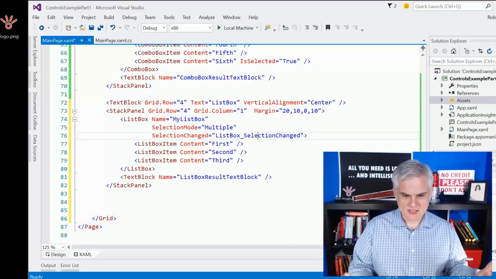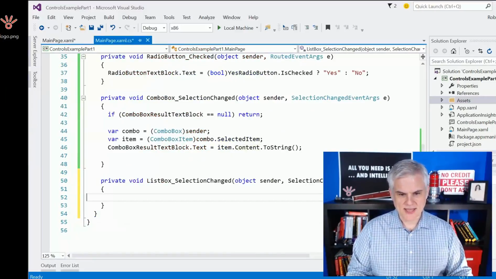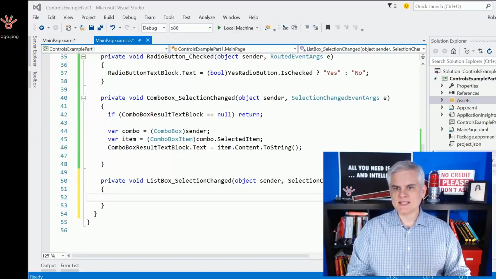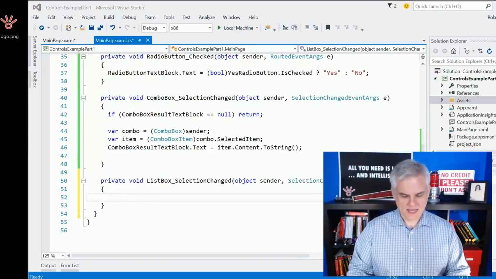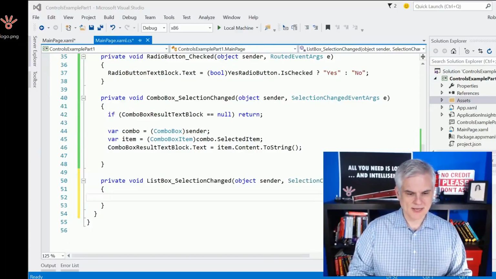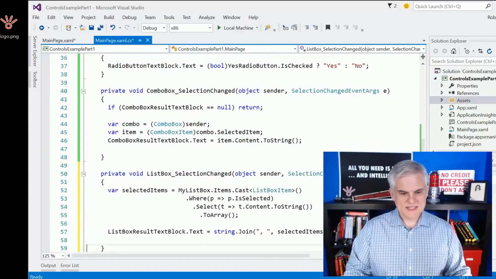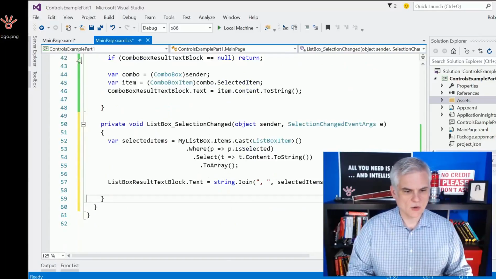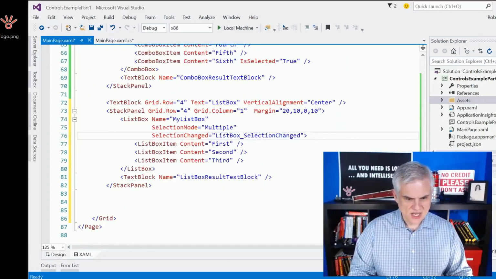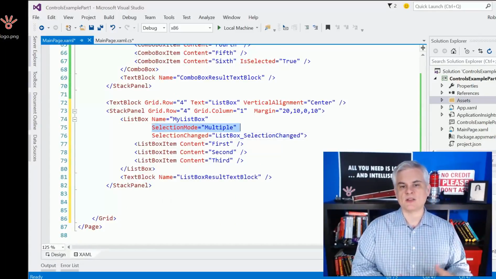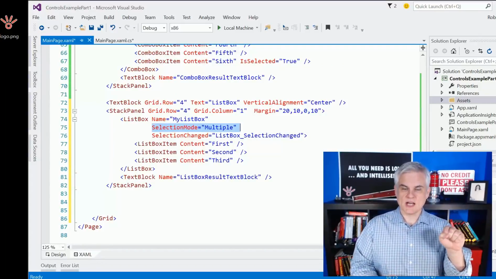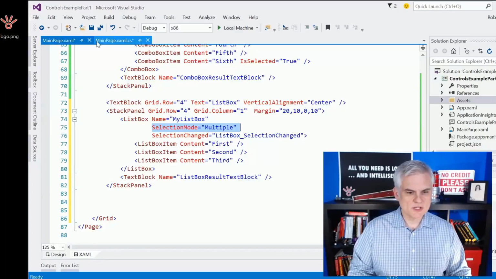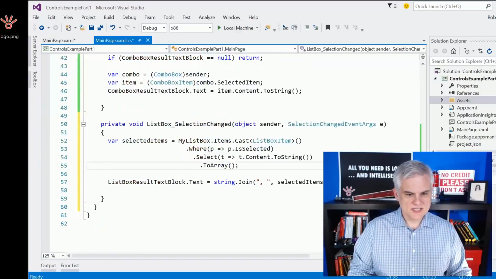It too has a selection changed event. Let's go ahead and handle that. And what makes the list box a little bit different than the other items like the radio and the combo box is that several items could be selected. So take a look here that I changed the selection mode, which is by default a single item, and I changed it to multiple. So you could select multiples,